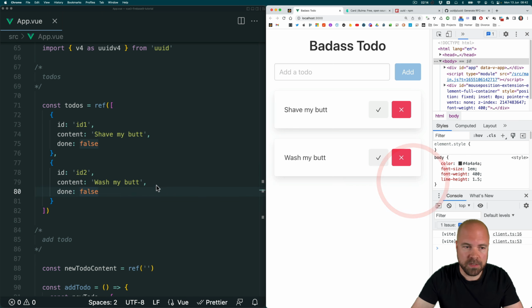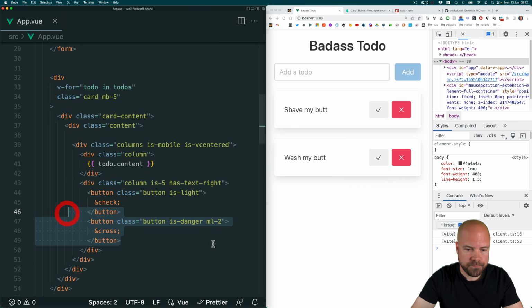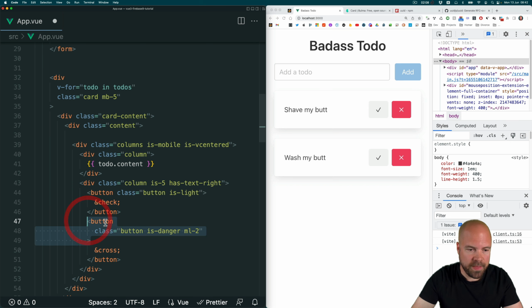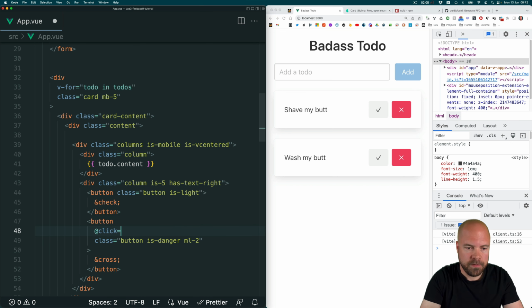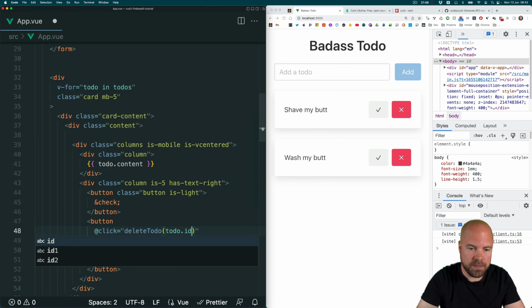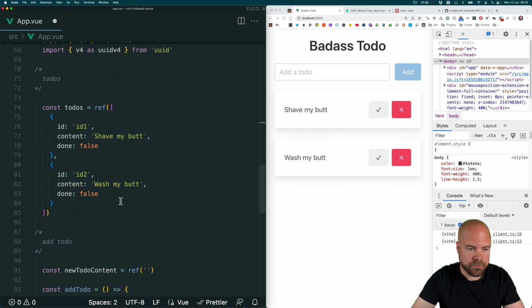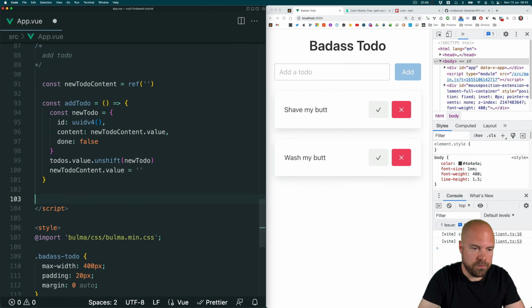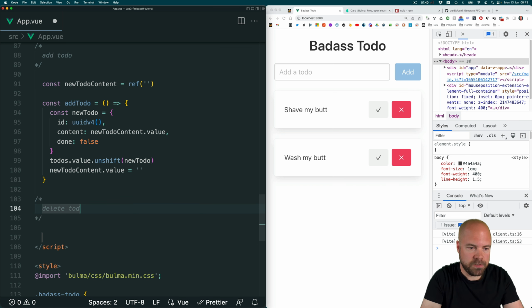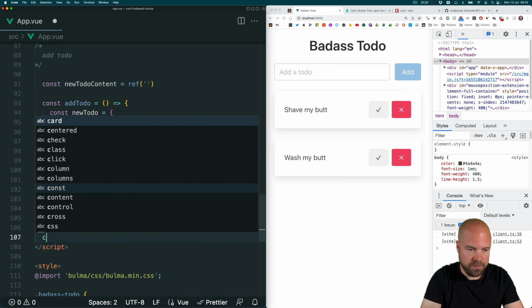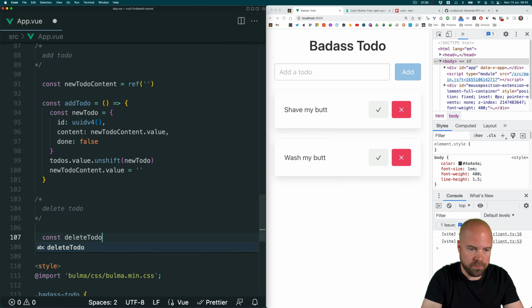So let's jump to this delete button, and that's here. And we'll split the attributes on that, add a click handler, and we'll trigger a method called delete to-do. And we'll pass in the to-do ID. So that's going to be available at todo.id. So todo.id. Let's jump down to the script section. We'll add a new section here called delete to do, and we'll create this method. So const delete to do equals an arrow function. We're going to pass in that ID,